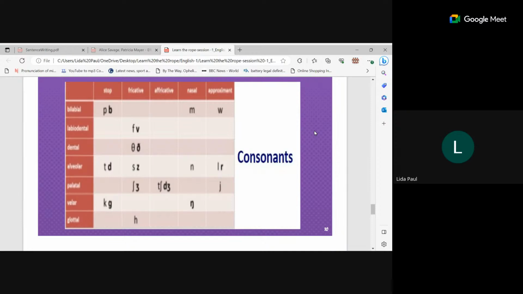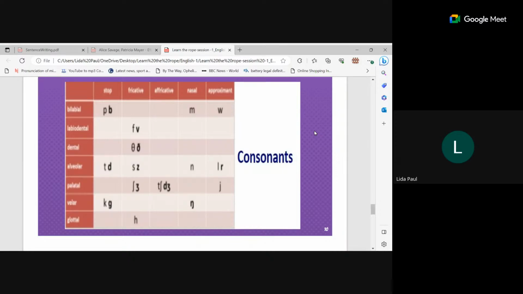So this is the manner in which the air flows for stops. Fricatives, there is a friction. Now look at what are fricatives: f, v, th, the, s, z, sh, j, and h. When you say these sounds to yourself, don't you feel a friction? The air is obstructed